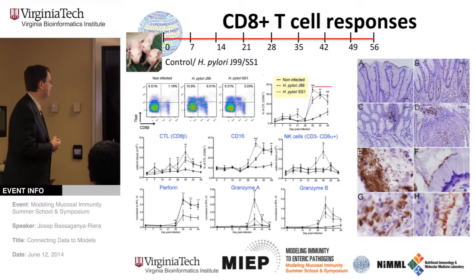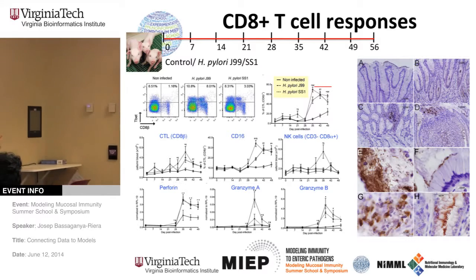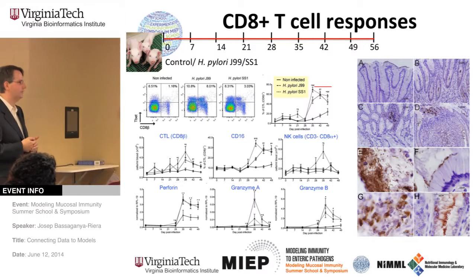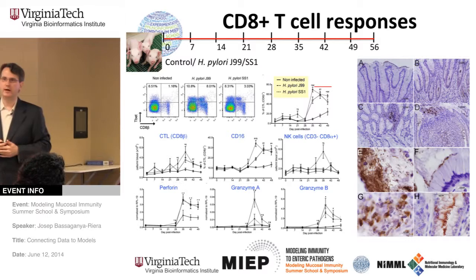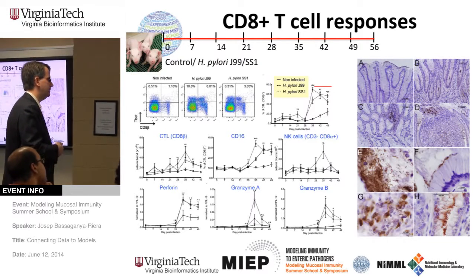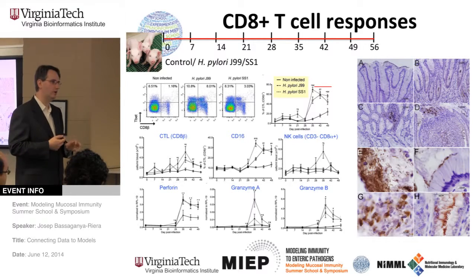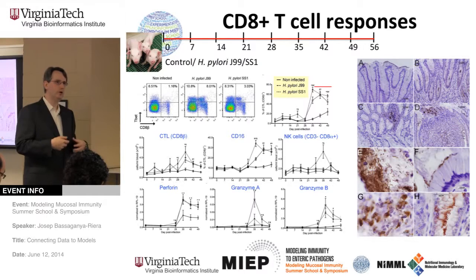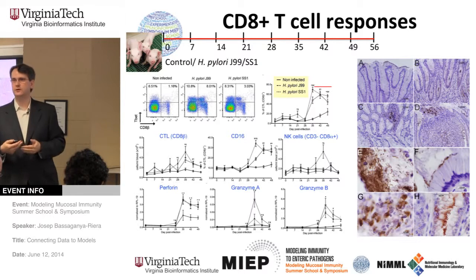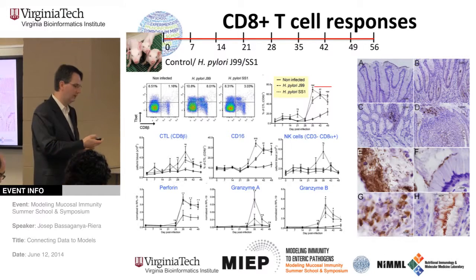CD8 responses at about 28, 35 days post-infection. And this increase in CD8 responses associated with H. pylori infection was correlated with increased expression of granzyme A, granzyme B, and perforin. Those would be the molecules linked to cytotoxic activity of these CD8 positive T cells. So we are starting to build a case for H. pylori not only being an extracellular bacterium, but also being intracellular and inducing the kinds of responses that one would expect in an intracellular context.